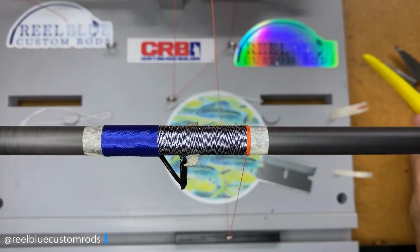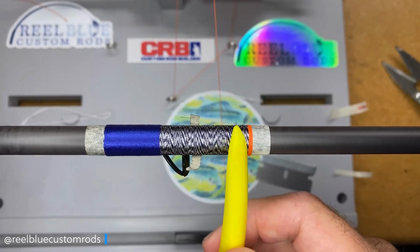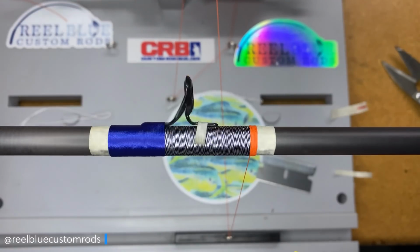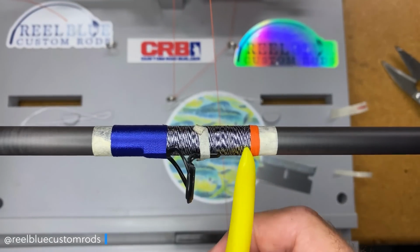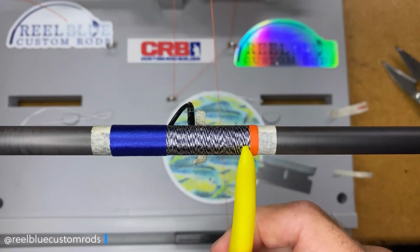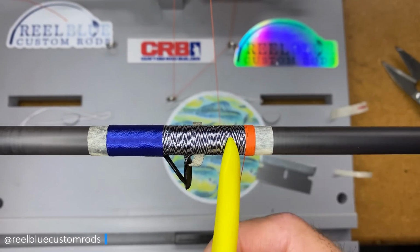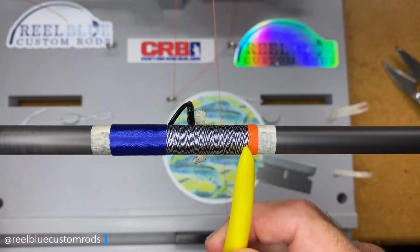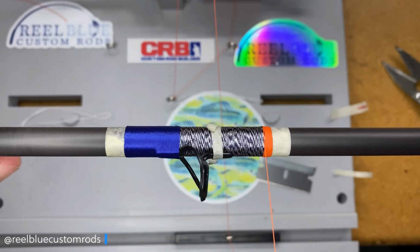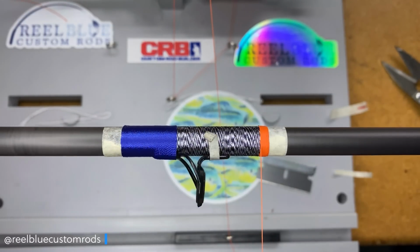All right, so now we're doing this orange. And I'm not going to do a double overwrap. But again, this is color fast thread. If you haven't worked with color fast thread before, it's pretty unforgiving, meaning you've got to be really good at your wraps,